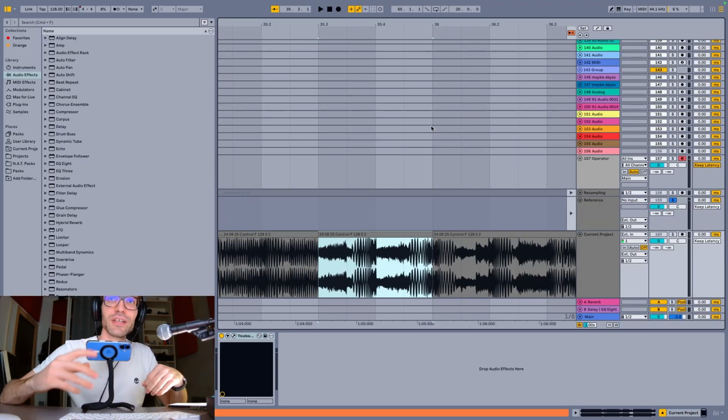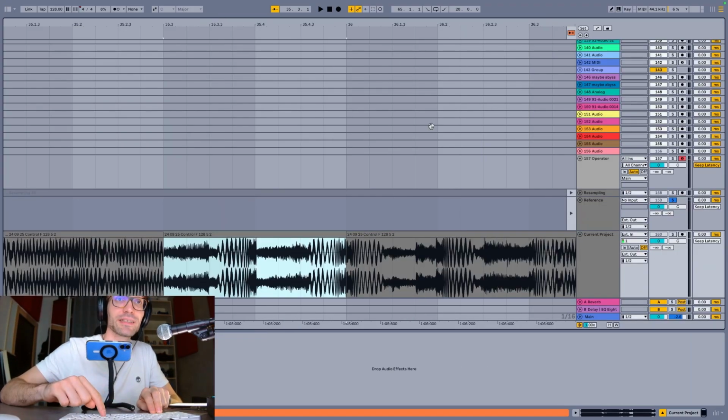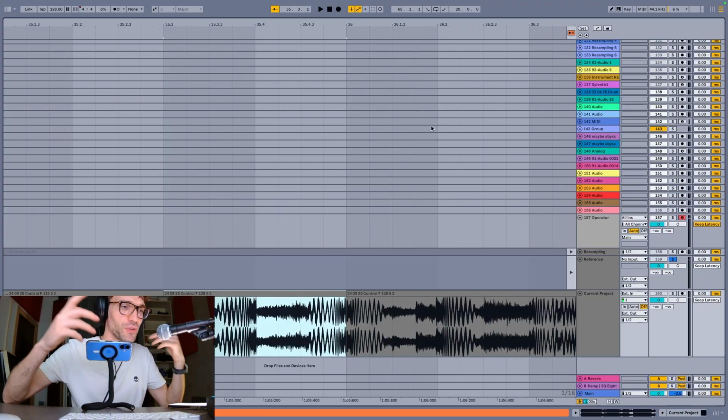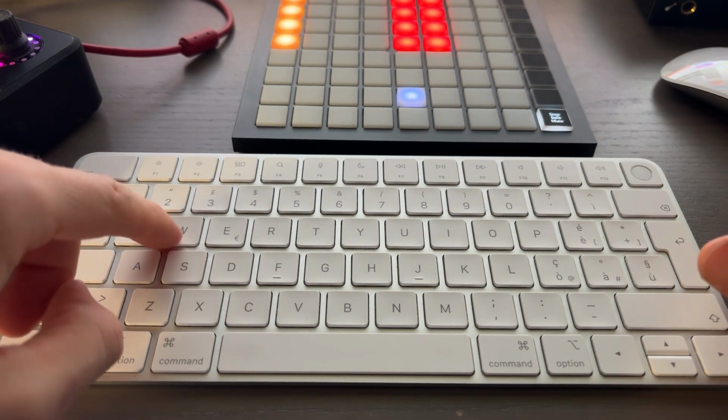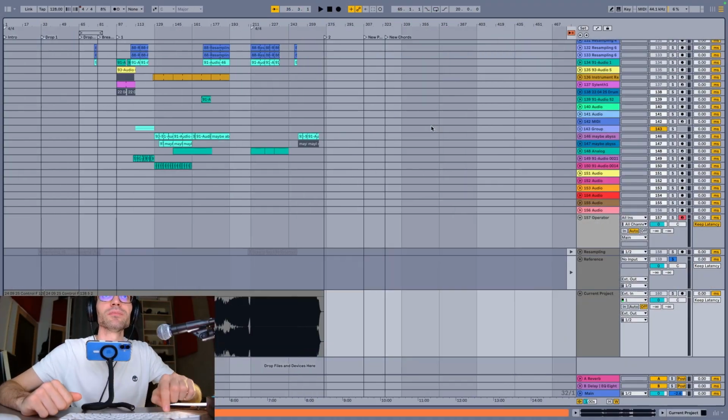Then let's say you're in the arrangement view, you hide this and hide this as well, and you want to see the whole arrangement very quickly. You can do this by pressing the W button. Check this out. Ta-da! Okay, and also sometimes I like to use the